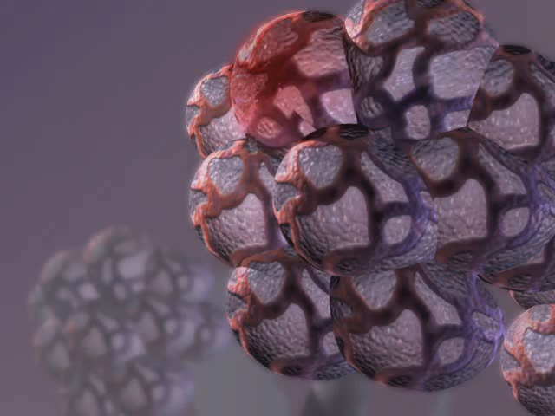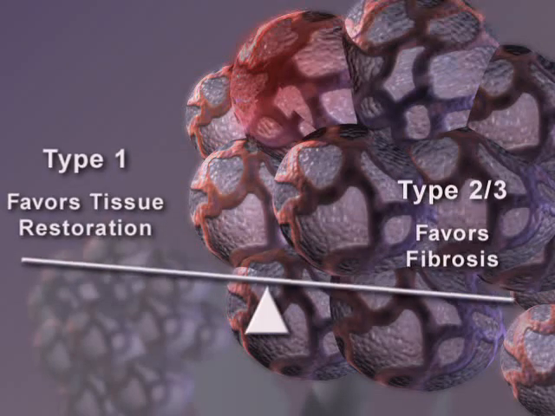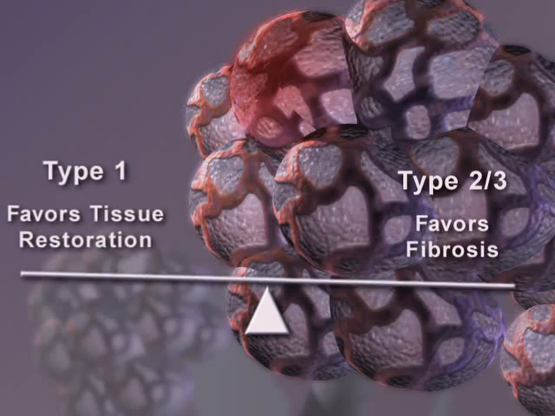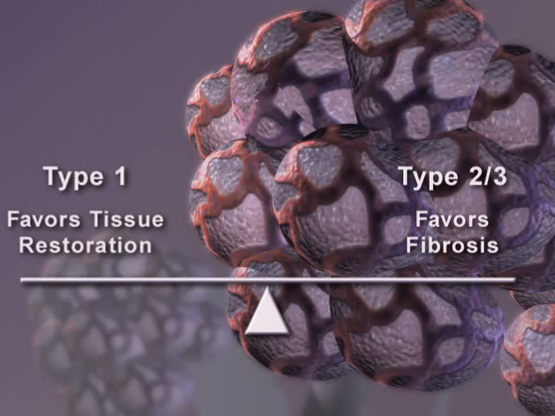According to this hypothesis, repeated injury or multiple hits lead to an imbalance in the immune response that favors type 2-3 immunity over type 1, thus leading to an overproduction of pro-fibrotic factors and ultimately fibrosis. When this immune response is properly balanced in healthy lungs, it serves to heal wounds and recreate normal alveolar architecture.